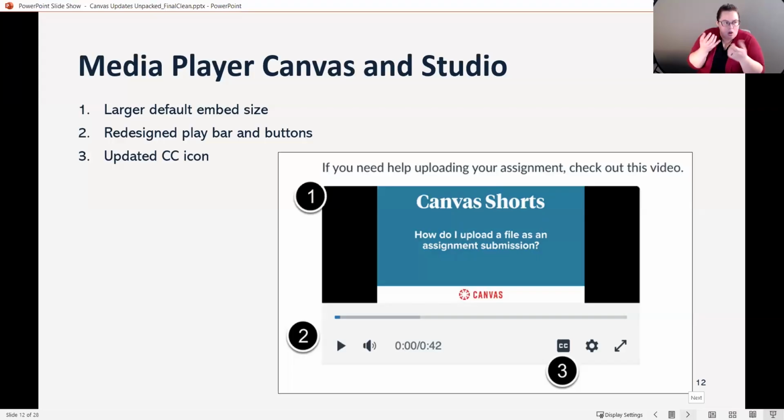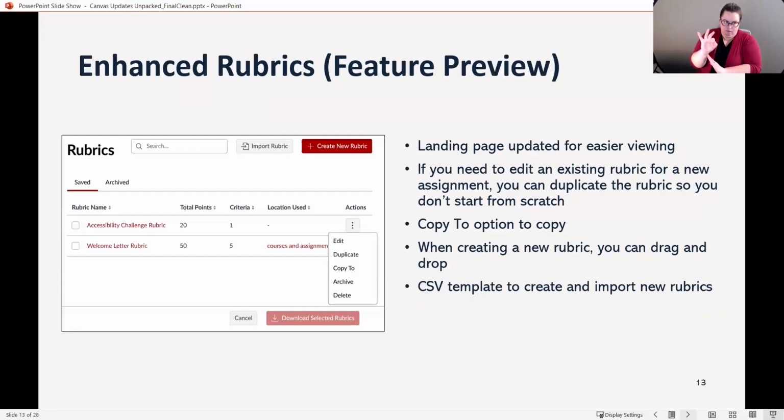And so by default, they are all turned off. But if you want to experience or try one of these, you go into your course settings and then you go to,